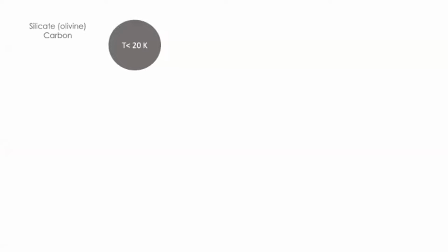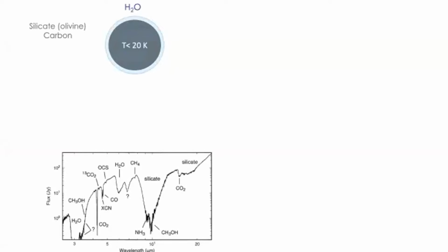You know, there are small dust particles made of silicate, and olivine for us is an analog, and they are also made of carbon. Their size in the ISM is below a few hundred nanometers, and their temperature is around 20 K. So with time, there is an accretion of the ice layer, made by atom recombination, that react together and form molecules. And this ice layer is mainly made of water and smaller molecules like CO2, CO, et cetera.